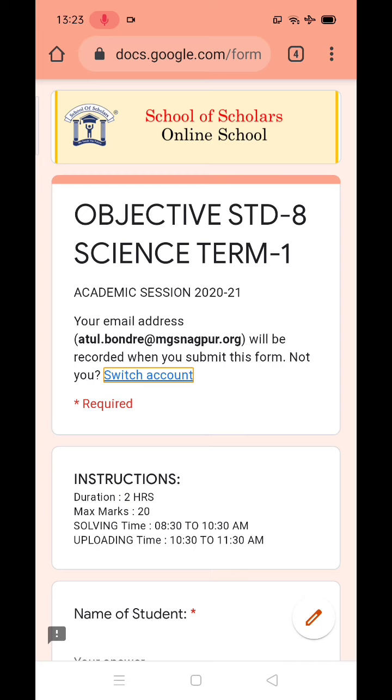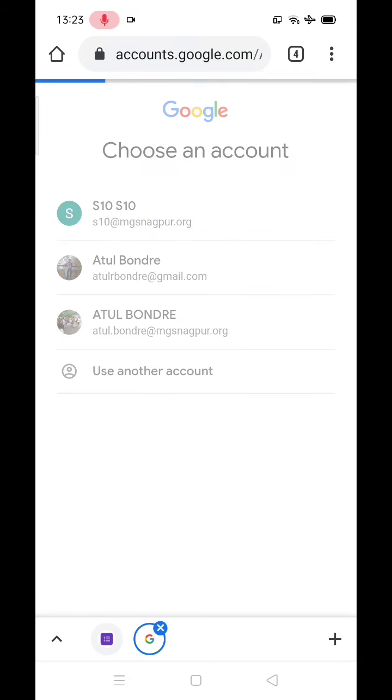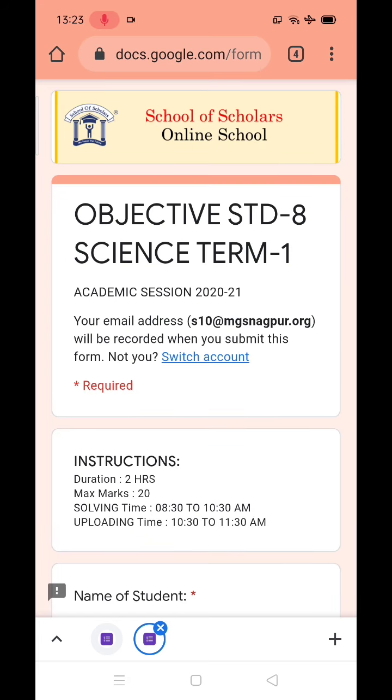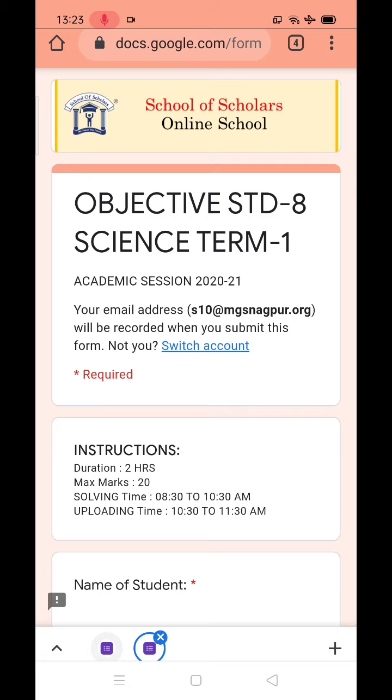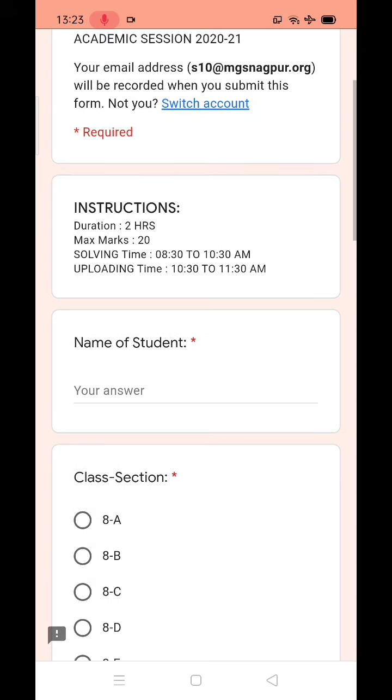Make sure that correct account is chosen. So I am opening it through my mgsnagpur.org account. So you need to log in through your mgsnagpur.org email ID, which is provided to you by school.